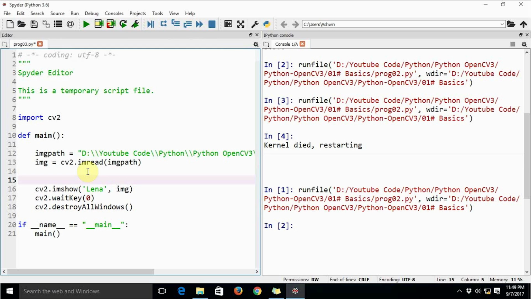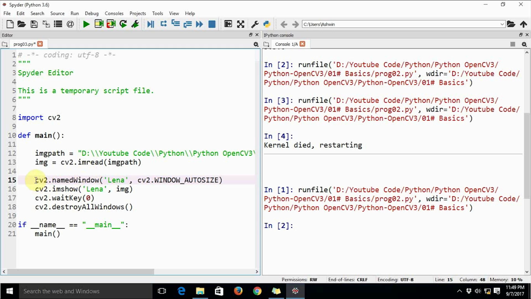We can also create an explicit window before the imshow method call. So the method for that is namedWindow, and let's create the window Lena and cv2.WINDOW_AUTOSIZE.